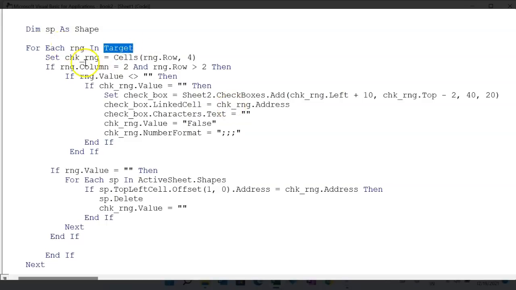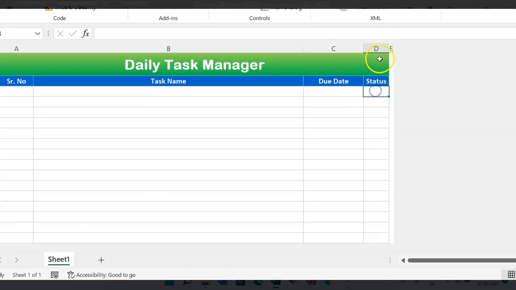So if you have pasted multiple tasks, we put this loop, For Each RNG in Target. The CHK range is basically the range for the checkbox, that will be cells, and whatever the row of this RNG is, the column will be 4. Let me show you. This column 4 will be our CHK range, because here we have to create the checkbox.